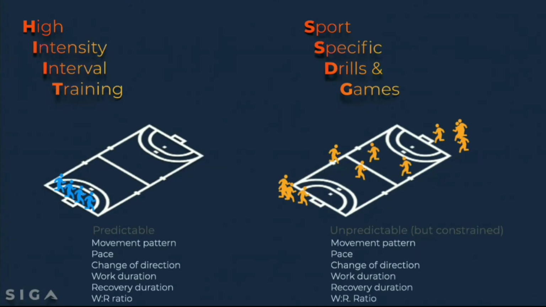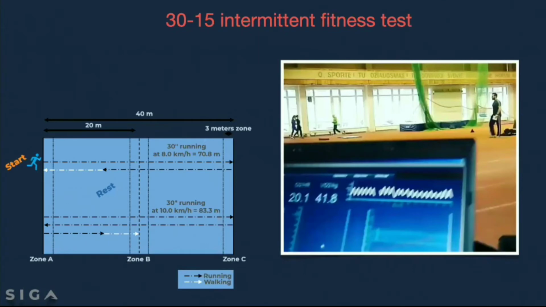Okay, moving on with the test. I said for high intensity interval training, we need to perform a physical assessment, a physical test. People are using a lot of yo-yo tests, like I said, the Indian cricket team, the Indian women's hockey team, Australian football, Singapore's football also. But I want to give you another very good option to test your athletes, and that's the 30-15 intermittent fitness